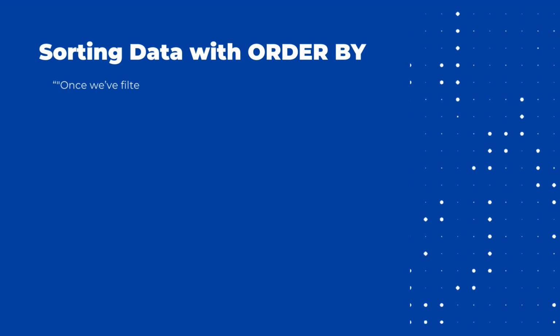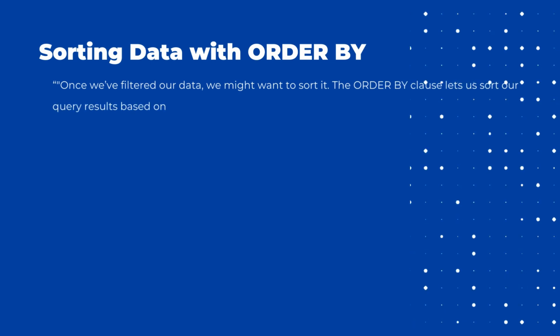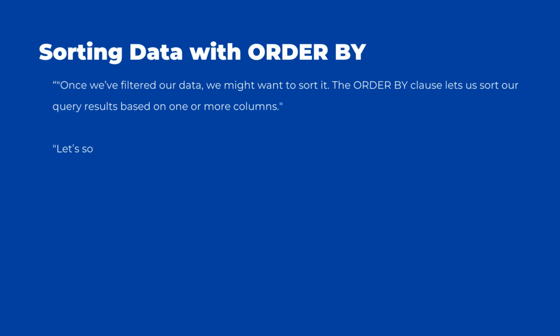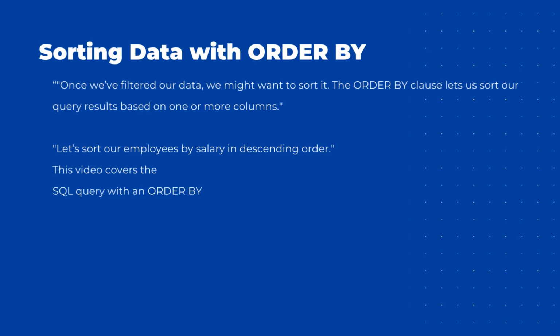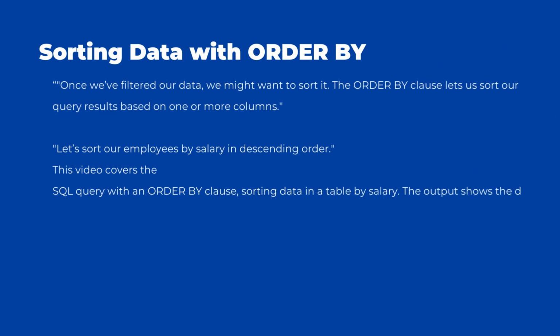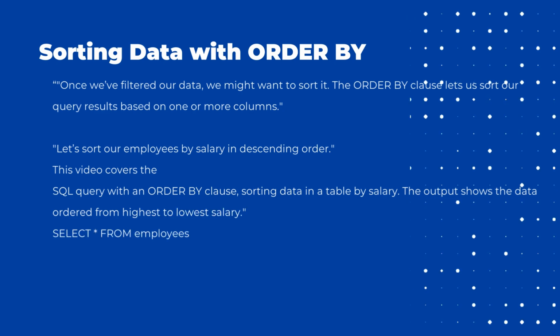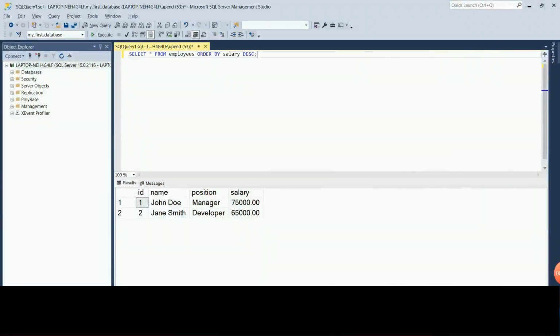Once we've filtered our data, we might want to sort it. The ORDER BY clause lets us sort our query results based on one or more columns. Let's sort our employees by salary in descending order. This video covers the SQL query with an ORDER BY clause, sorting data in a table by salary. The output shows the data ordered from highest to lowest salary. SELECT * FROM Employees ORDER BY Salary DESC;